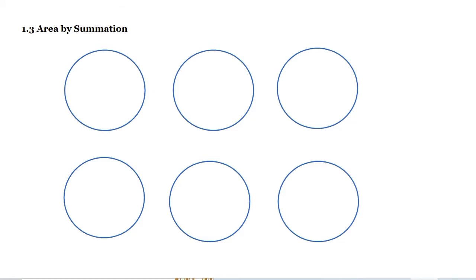Our next topic is area by summation. The Greeks used the method of exhaustion to find the area of curved surfaces or curved shapes. It is done by allowing the number of sides of an inscribed regular polygon to increase indefinitely to obtain the area of the circle. So, nung kinocompute ng mga Greeks yung area ng circle, ang ginawa nila is